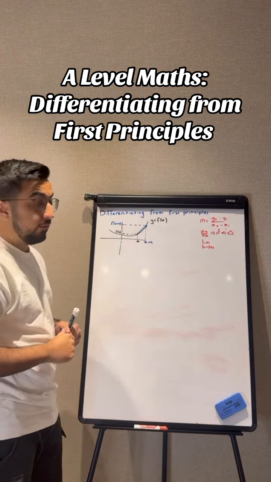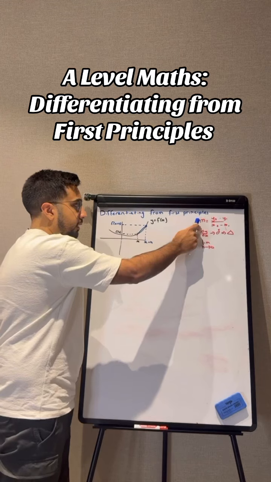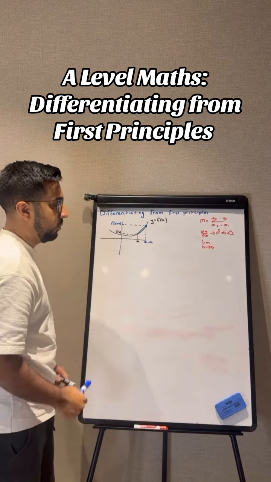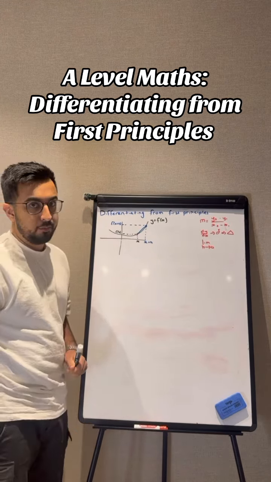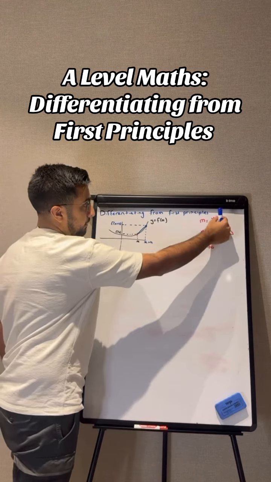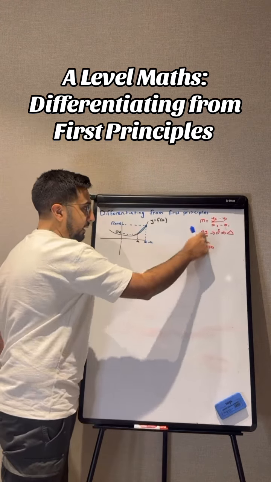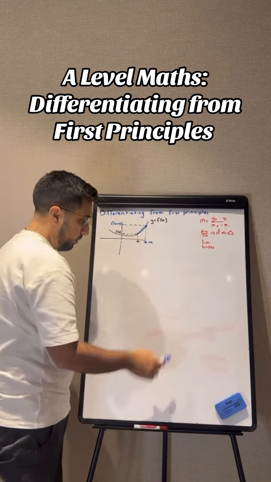So we have all the knowledge now. We know to calculate gradient, it is just y2 minus y1 over x2 minus x1. We know we want to minimize the gaps between both of these, so we have a limit in place. And we understand what